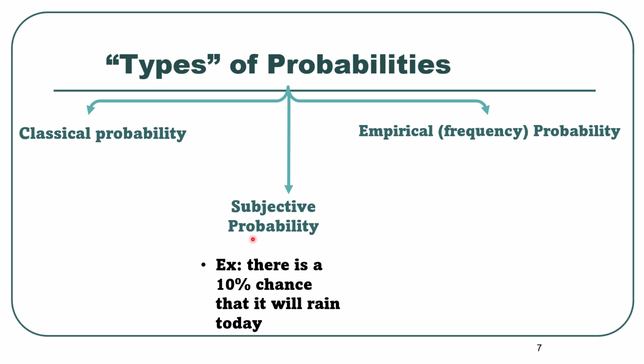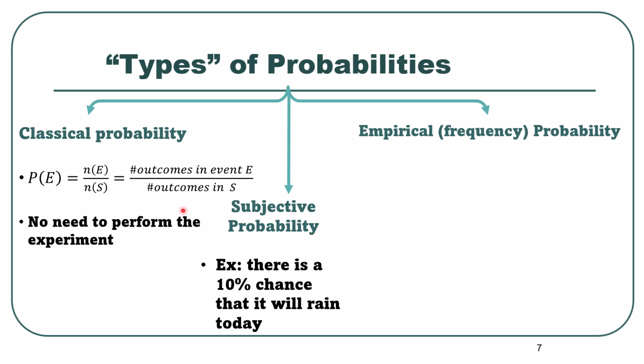Classical probability depends on the sample space S, and we are assuming in this approach that we have equally likely events, so any event has the same probability to occur. The probability rule in this case is that the probability of the event E to occur is the number of outcomes in S that satisfy this specific event over the total number of outcomes in